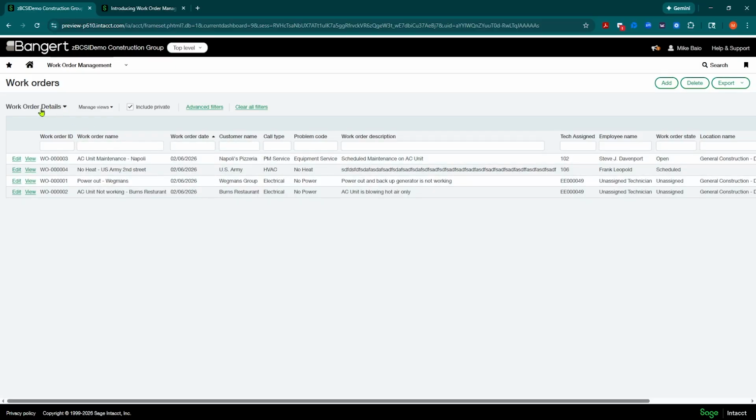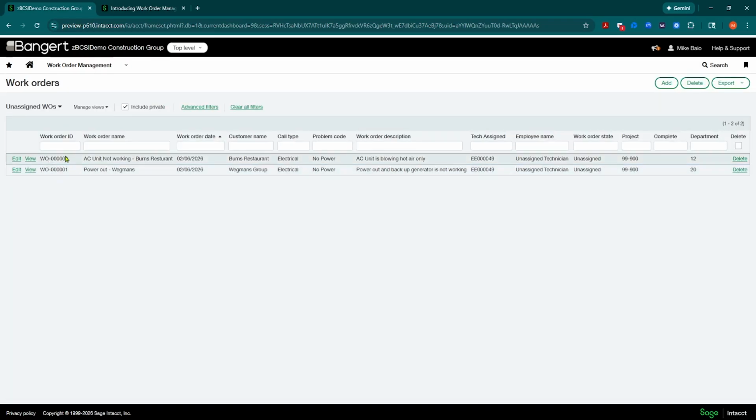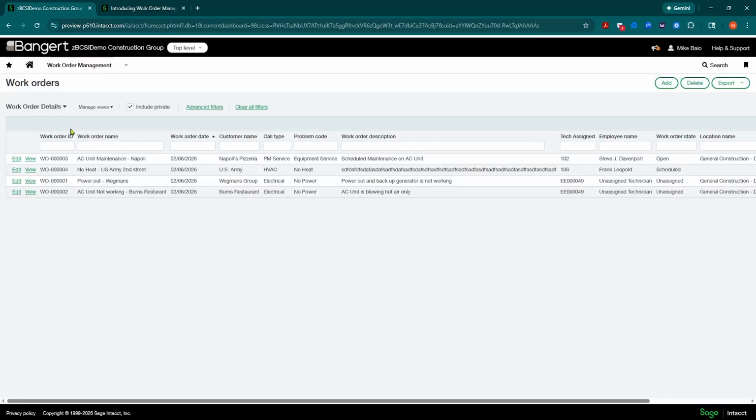And with anything, you know, then you can make views. And that's what's going to be really powerful with this tool is now you can start making a bunch of different views. So maybe you want to see work orders that you haven't assigned yet. You can make a filter on that and have a particular view for just unassigned work orders. Then, work orders completed but not billed. So you're going to be able to do all this with this dimension now. So it's a very popular, powerful tool. So those are in the system.